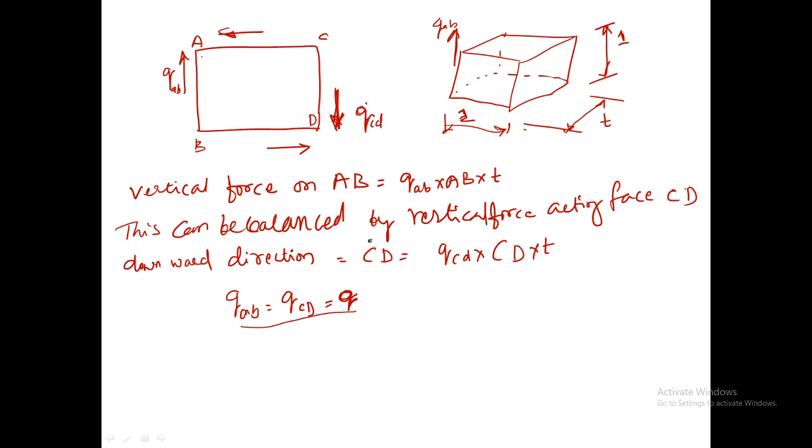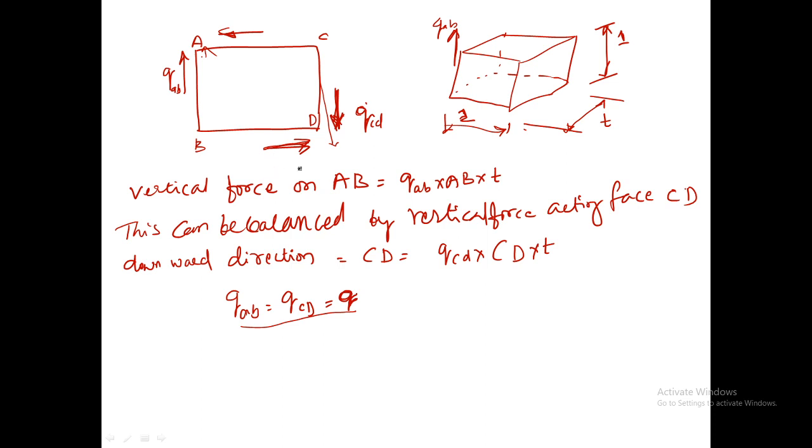Now since QAB and QCD are giving rise to equal and opposite forces with moment arm AD, because of this, what happens is this tries to raise the AB surface and this tries to push down the CD surface. Now the moment which is going to be obtained, based on this